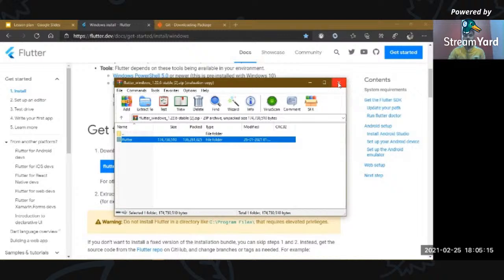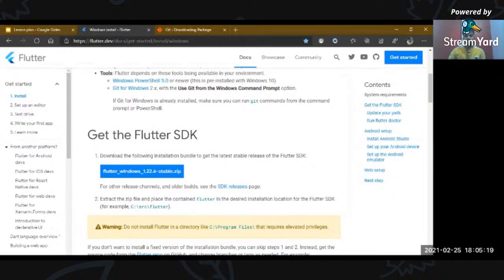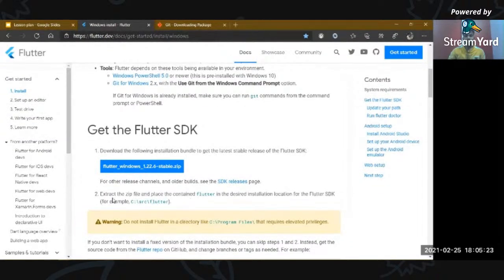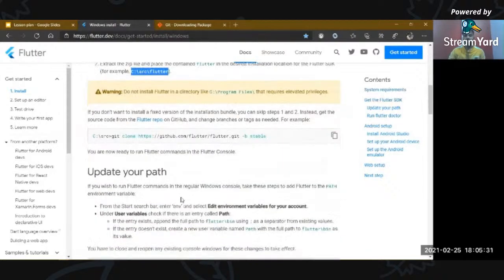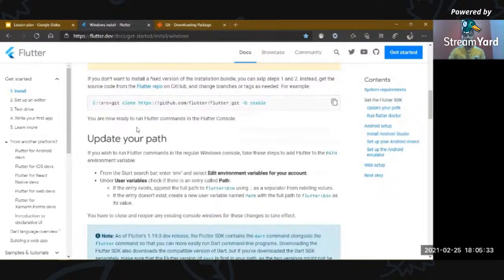So guys, the extraction is complete. Just let me show you that folder again. I will not be doing this for now. I've already configured it and I've also set a path. I'll just show you how to set it for your PC.